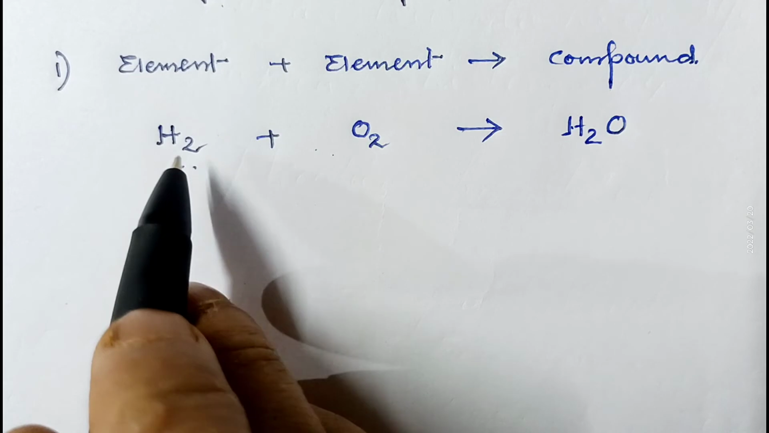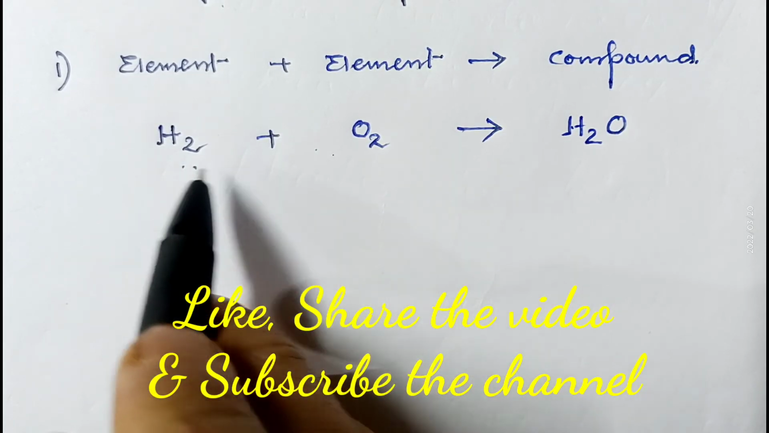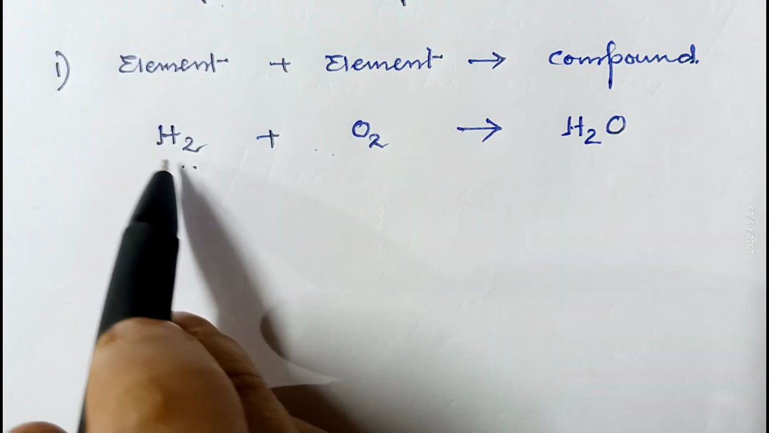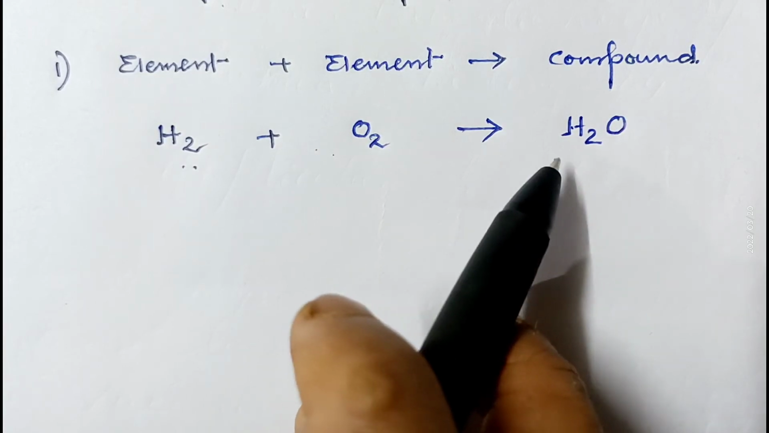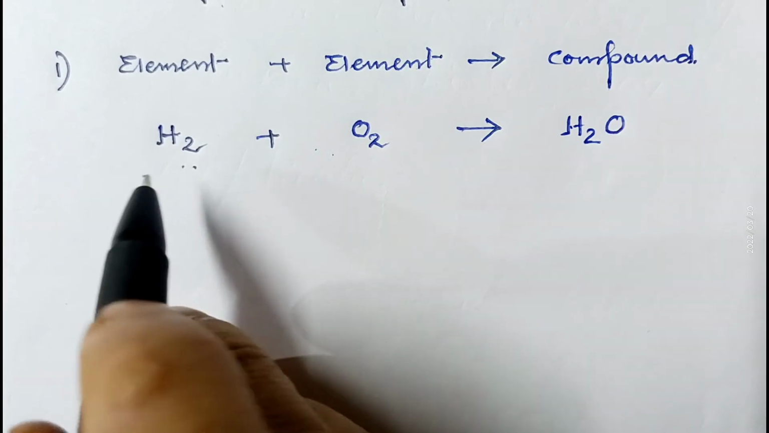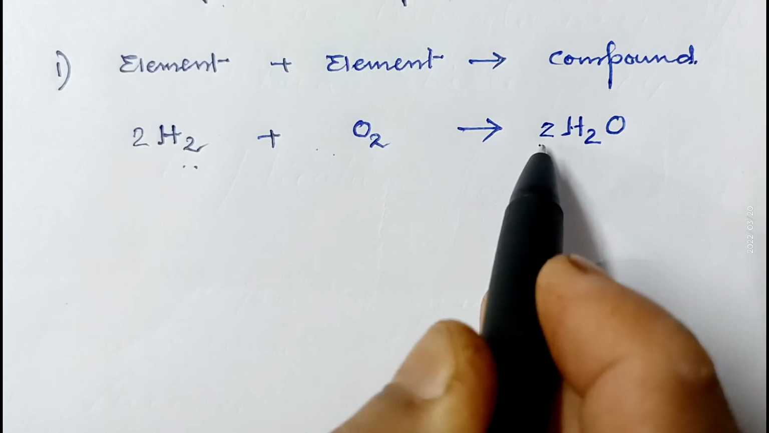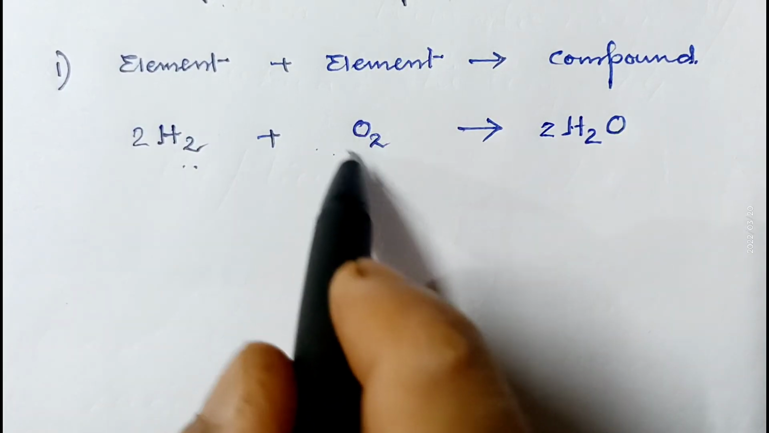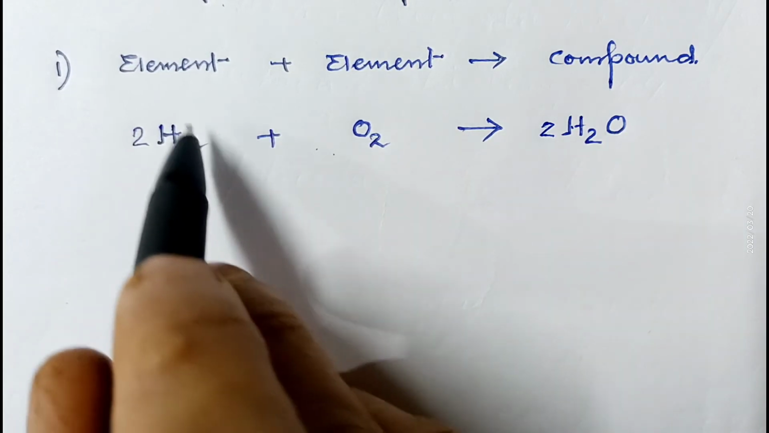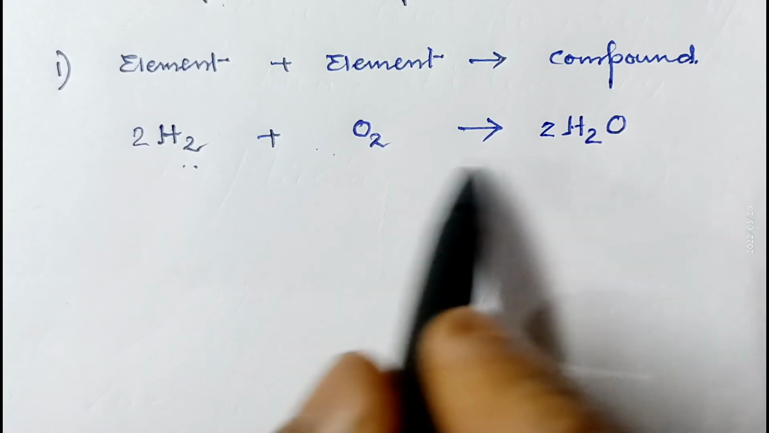Here, hydrogen is an element, oxygen is also an element. These two elements are reacting to form a compound which is H2O. In case of hydrogen, here 2 atoms of hydrogen, here also 2 atoms of hydrogen, but here 2 atoms of oxygen and 1 atom of oxygen. So to balance, you have to write 2 here and 2 here. Then it will be 4 atoms of hydrogen, 4 atoms of hydrogen, 2 atoms of oxygen, 2 atoms of oxygen. So this type of reaction where one element combines with another element and forms a compound,